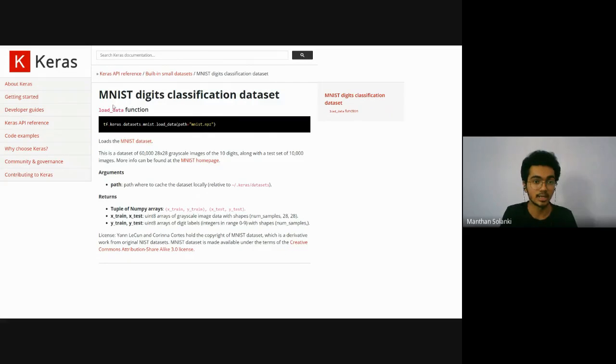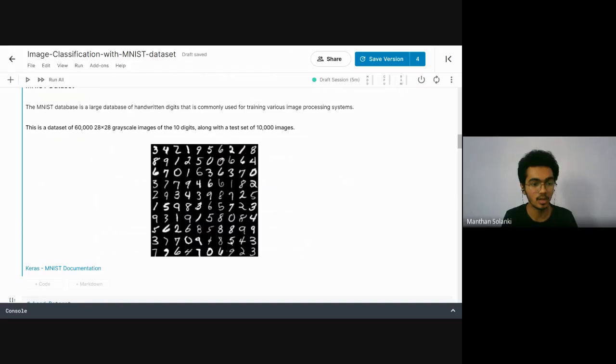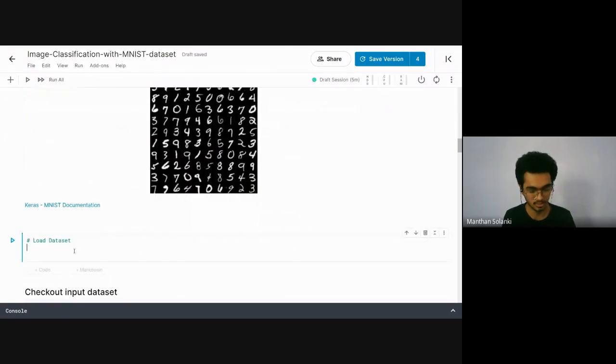It contains only one function, load_data, with the argument being the path, and it returns simply tuples of x_train, y_train and x_test, y_test. So what am I doing? I am just copying this output and pasting it over here.